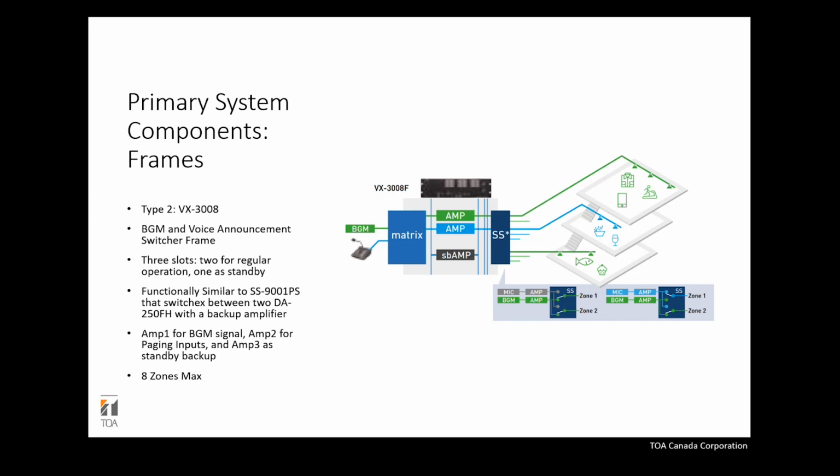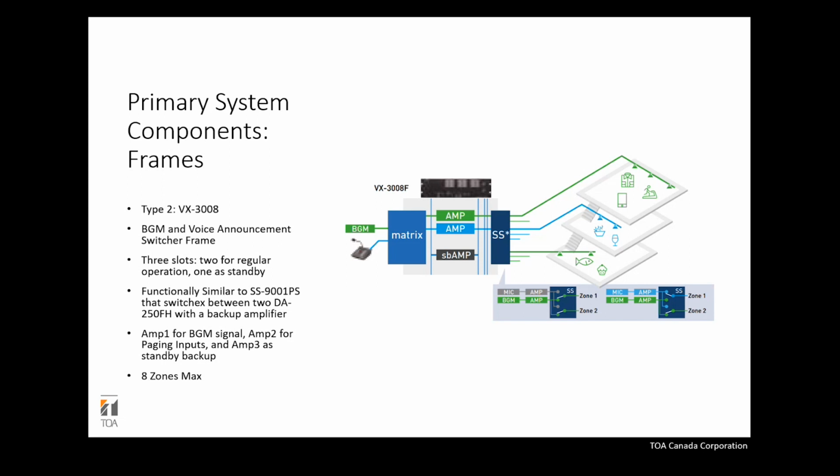The second type of frame is the VX3008. The way this frame works is quite different from the 3004, such that there are 2 separate amps functioning. One is handling the paging application, and the other is handling the background music or other audio inputs being fed to the system. The way this works is that there's a speaker selector, which is indicated as SS in the